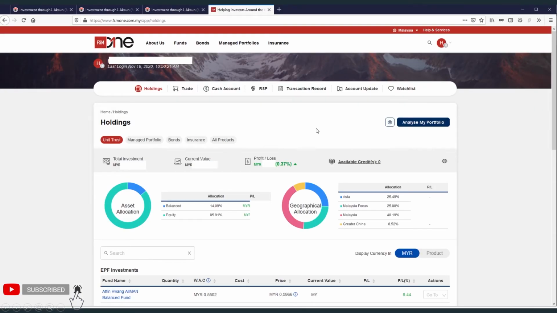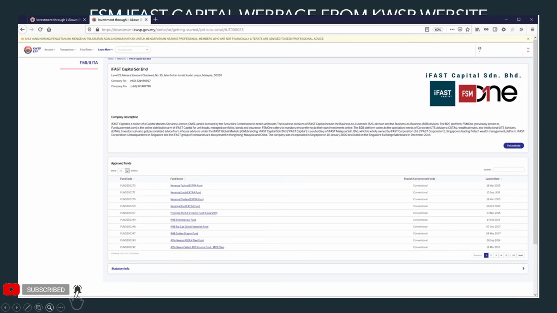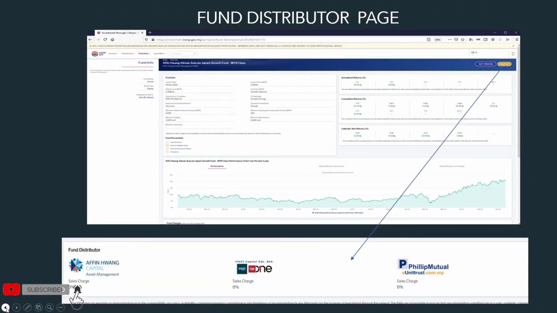Once they're done, these are examples of the funds that I have with FSM1. I have most of my account with FSM1, but I do have others with other accounts as well. Here you can see the fund portfolio we have, what types of funds you have invested in, what the geographical locations are, and more information you can get over here. And that's about it. Here you can see there are many types of funds, the type of fund and the category of the fund,